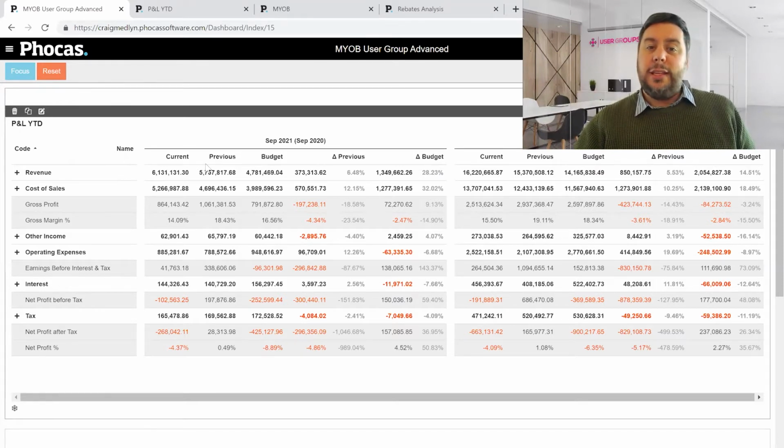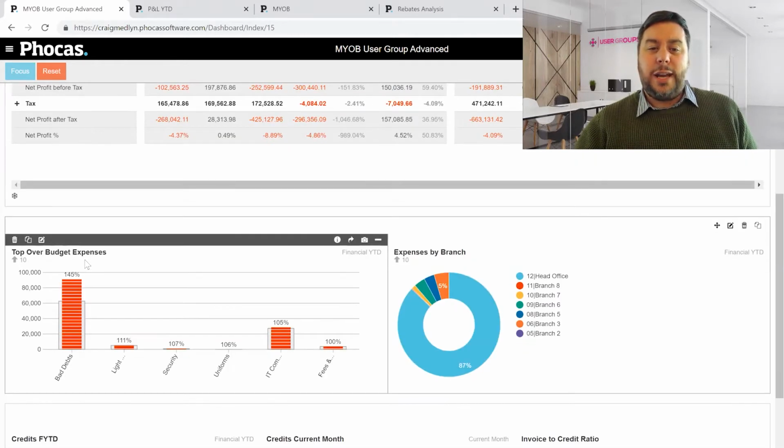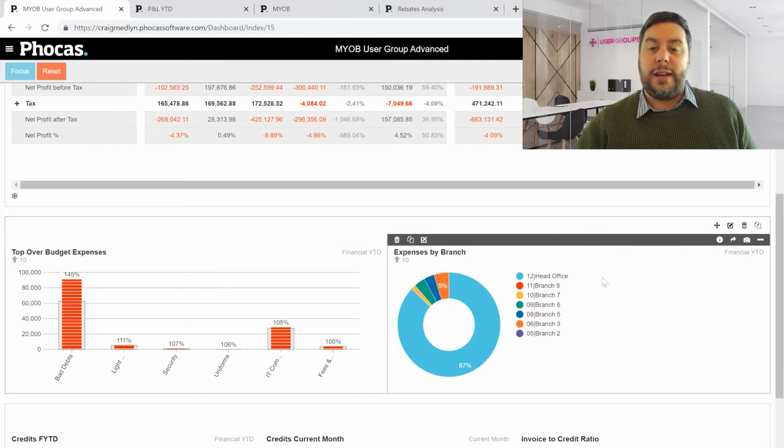And we can put really anything we want on here. We can look at our statements, but we can also look at the data a little bit differently. We might want to look at how the branches are tracking against budget, and let them know a couple of key KPIs on what the key areas of concern are, or where the expenses are being driven from. We can even filter these down so they only see the data relevant to them. It really allows us to have a concise view of what's going on in the business.